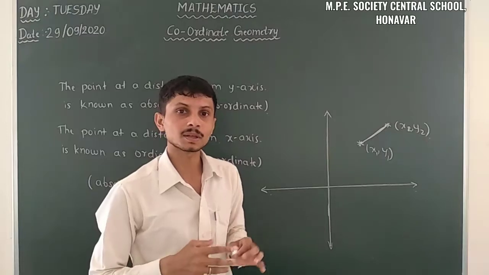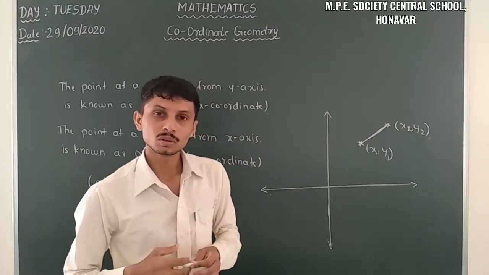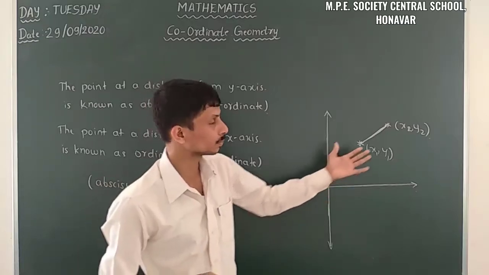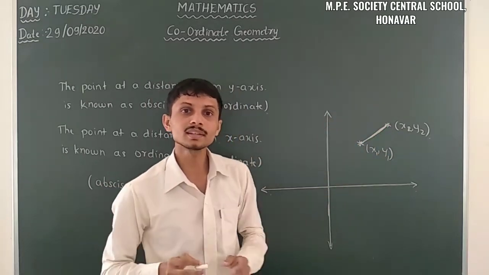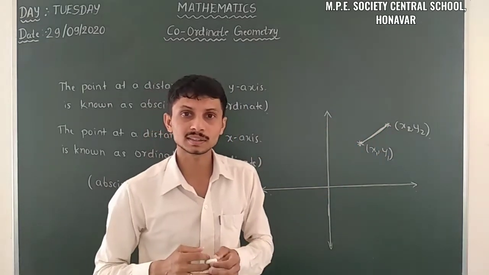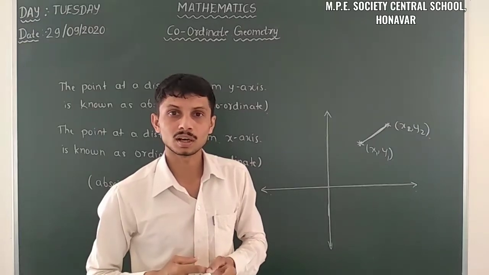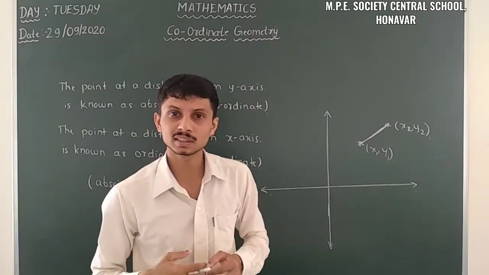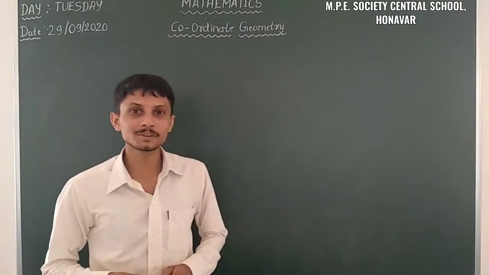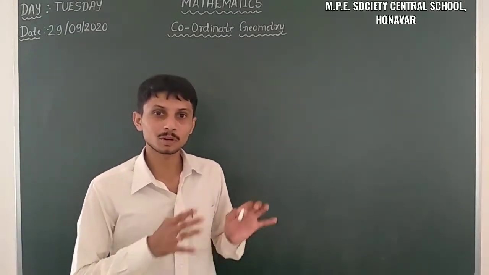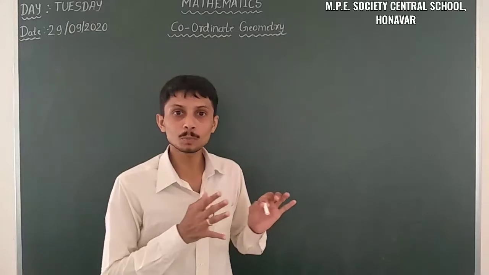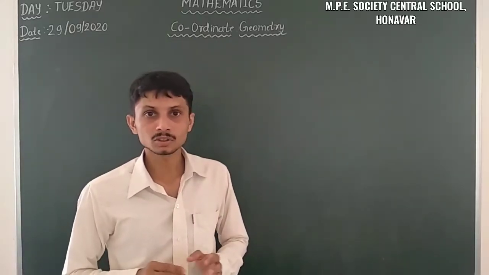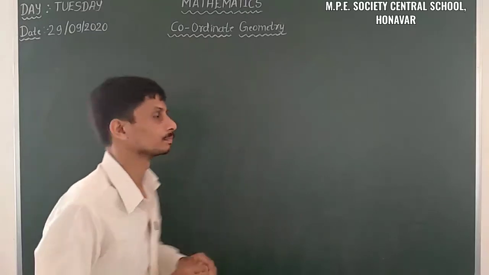So in this chapter we have to derive how to calculate the distance between those 2 points. That is nothing but the formula we call the distance formula. So let us take the distance formula and see how to calculate it. We have to find a formula for finding the distance between any 2 points in the coordinate system.